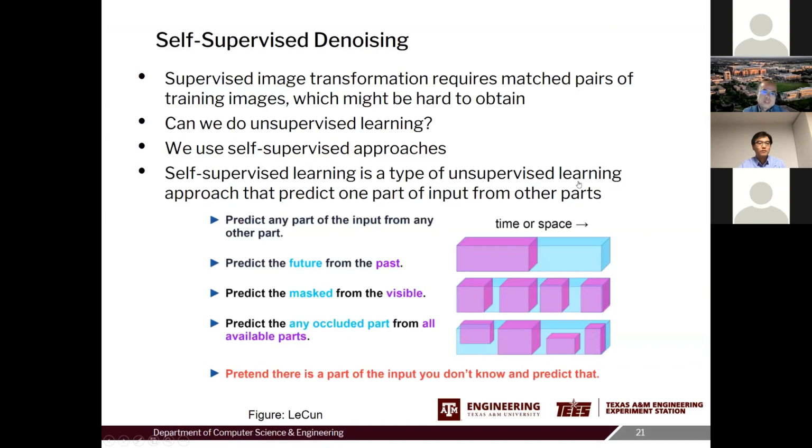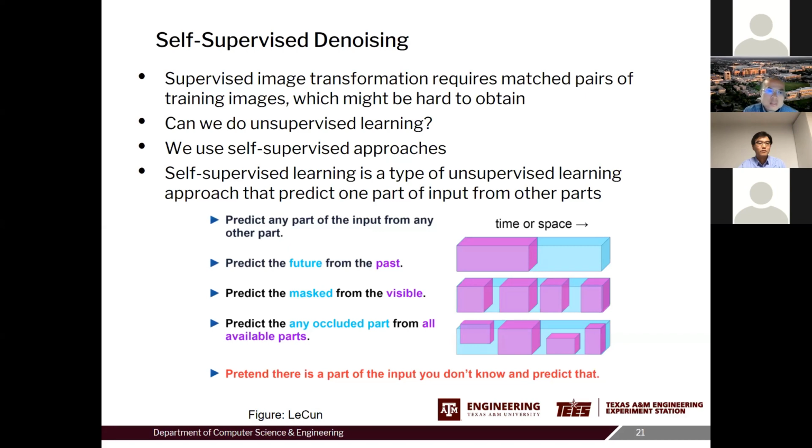So far what I have talked about is an image-to-image transformation problem. You have an image as input, which could be a noisy image, and the output could be a clean image. One key limitation of this paradigm is that in training, obviously you will need matched pairs of input and output images. This could be very difficult in certain circumstances. It may not be very easy to obtain matched pairs to train the model.